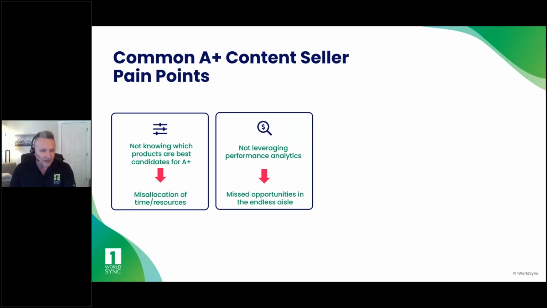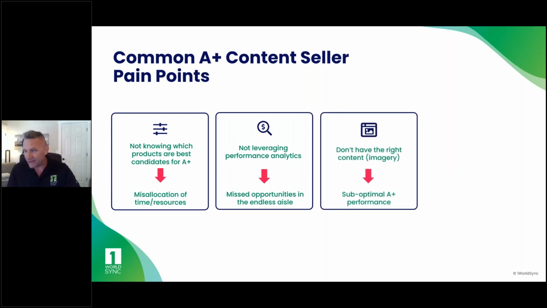Once you're using content like A+, and other types of content, there are lots of tools, and we have some of those, that help you understand how you're engaging the consumer, and ultimately how that content is performing for you in terms of producing conversion. If you're not using those tools, you're missing opportunities, right? You're not understanding where you could be going back, using that as a feedback loop, improving your content in certain ways to ultimately sell more product, right? So something we help our sellers with is using those tools effectively to really understand where they should be spending